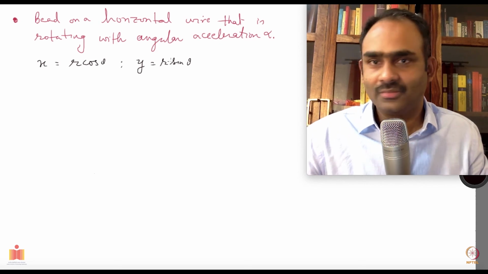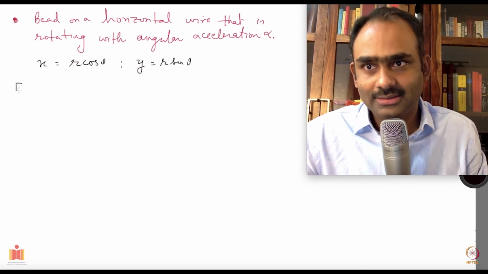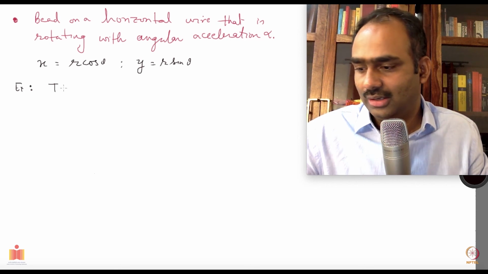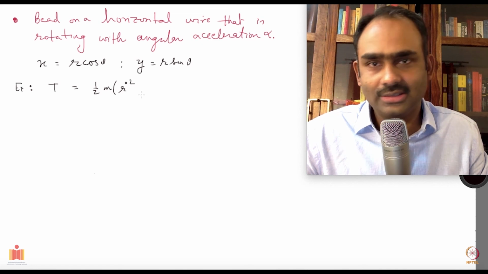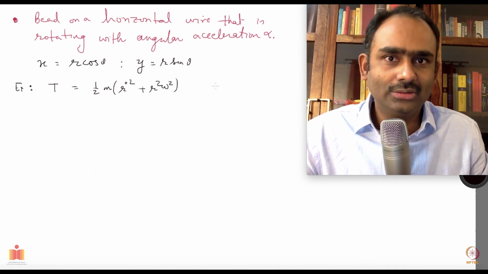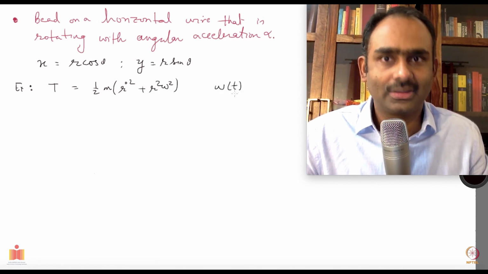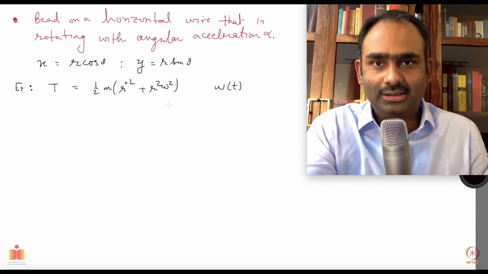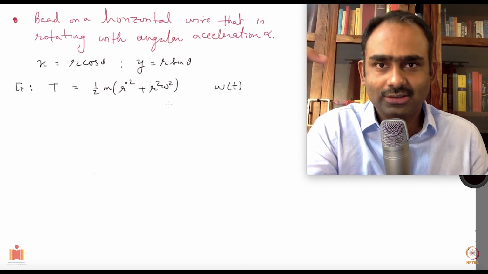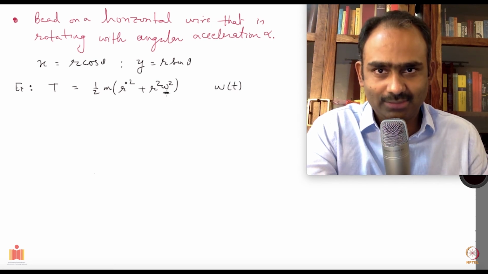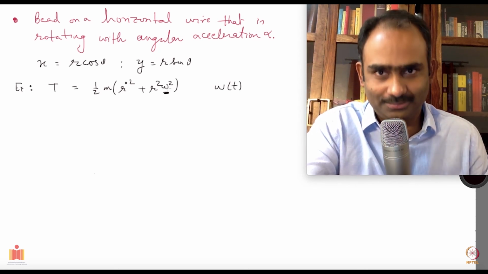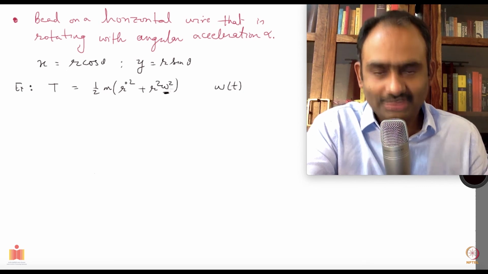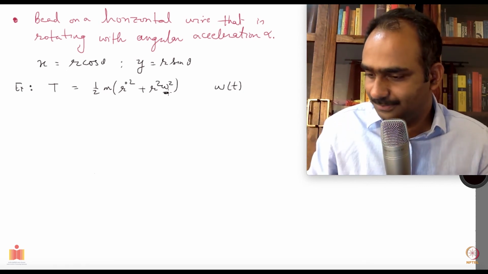Okay, so first you show what the kinetic energy is, and your T will be again the same thing as before. So half m r dot square plus r square omega square. But note, now omega does depend on time. Okay, so you have a time dependence which is explicit, because this omega is explicitly depending on time. See, the r's have time dependence, but omega is not a generalized coordinate. It's not some theta or something. Okay, it's anyway one-dimensional system. So because of this function, your T has an explicit time dependence.